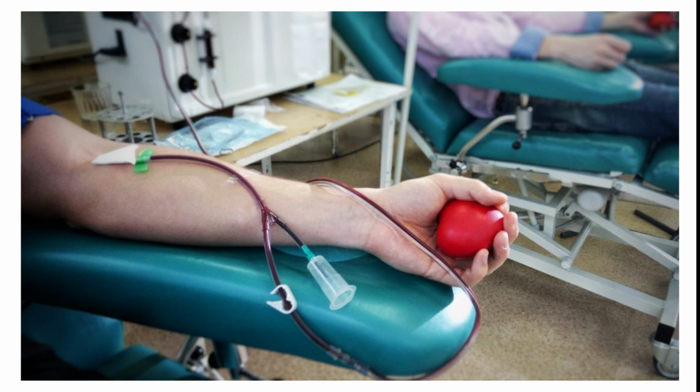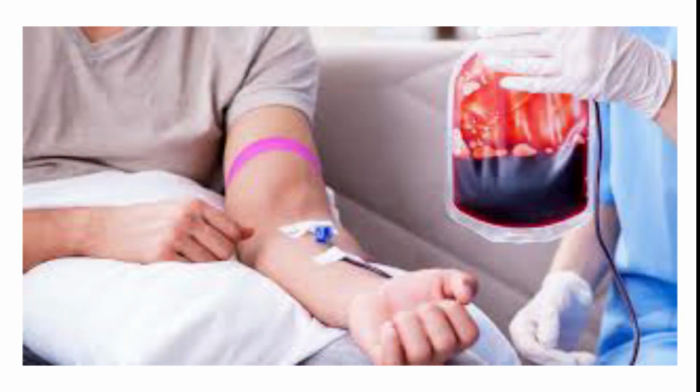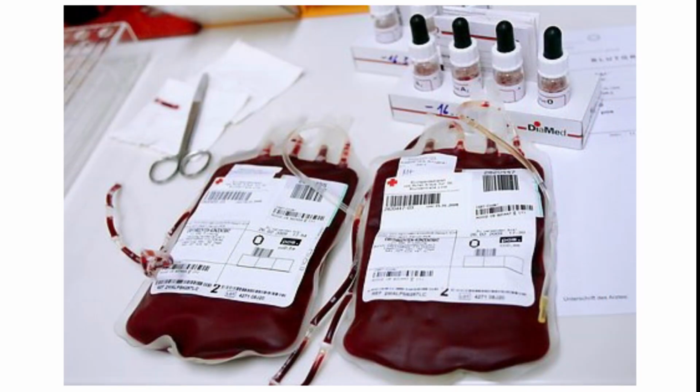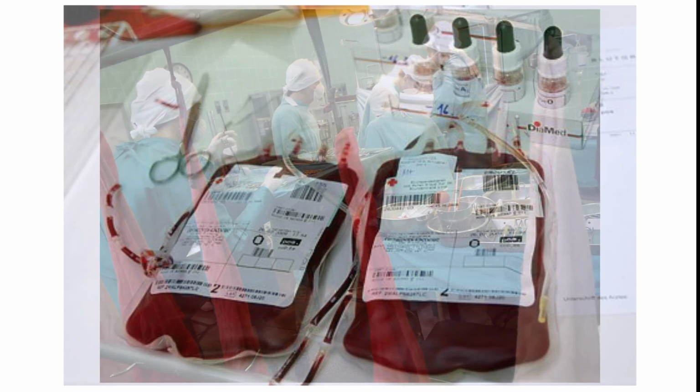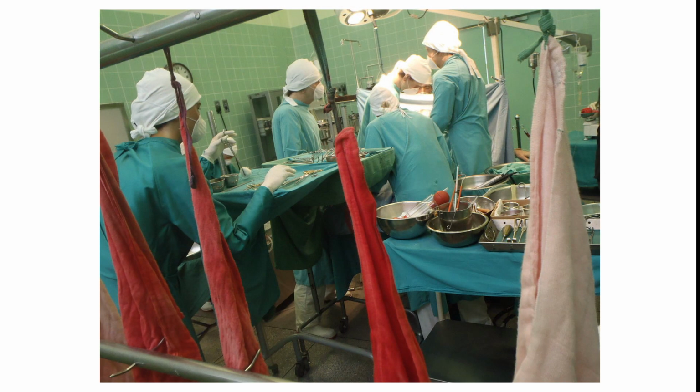Number 4. Blood transfusions and organ transplants. Look, receiving contaminated blood products or organs is another pathway for HIV transmission. Modern screening protocols in most countries make this extremely rare today, but lapses in testing or unsafe practices can lead to infection. Therefore, ensuring rigorous blood and organ screening is vital, particularly in regions with limited medical resources. Healthcare infrastructure and strict adherence to safety protocols protect both recipients and the wider community.